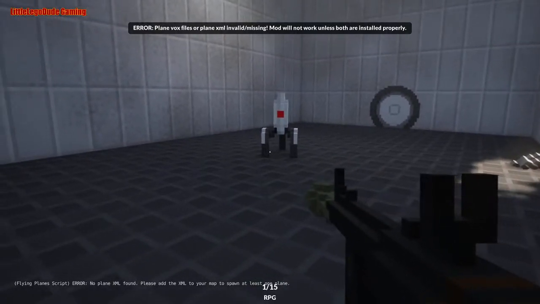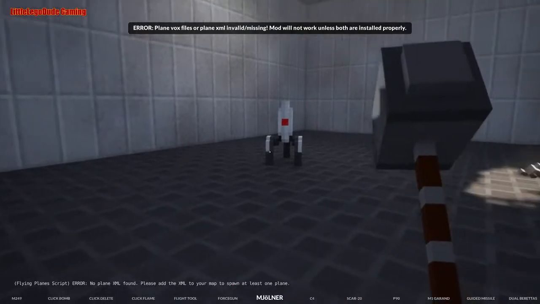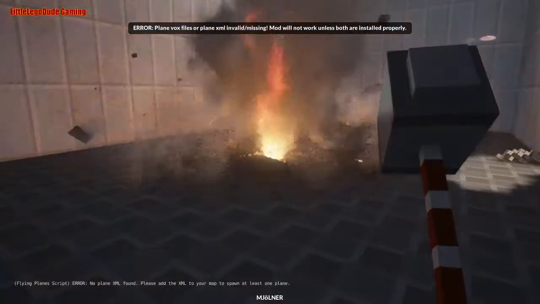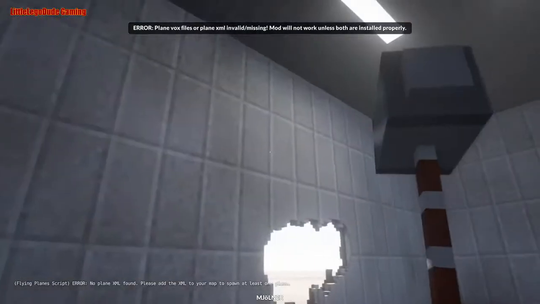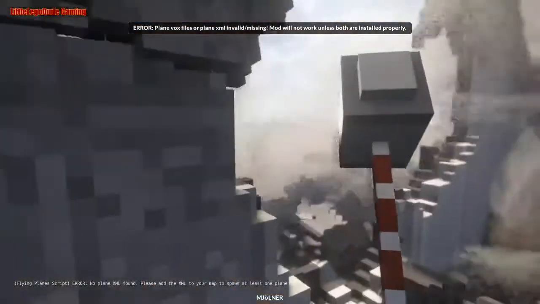Okay, well... Wait, what happens if I use Thor's hammer? Maybe it might power it back up. Hold a minute. Like, I knew that was gonna happen. It was gonna happen, I just... It's just the portal key... I mean...